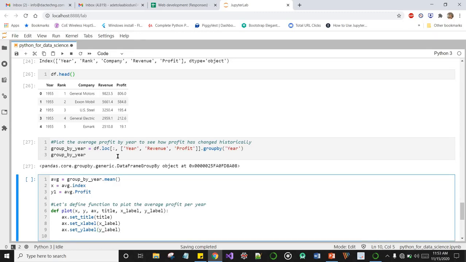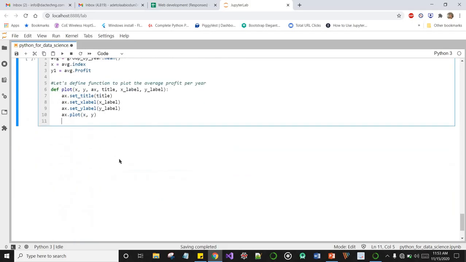And let's plot, axis.plot, actually plotting x against y. Then axis.margins, let's make our margins tight, x equals 0 and y equals 0.